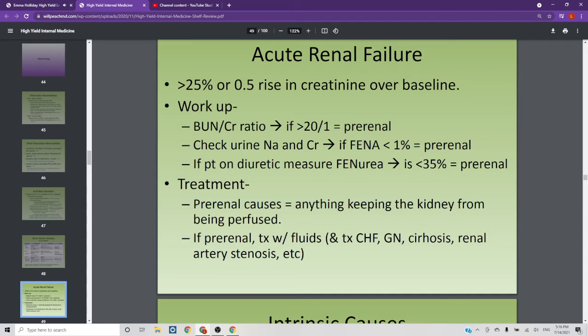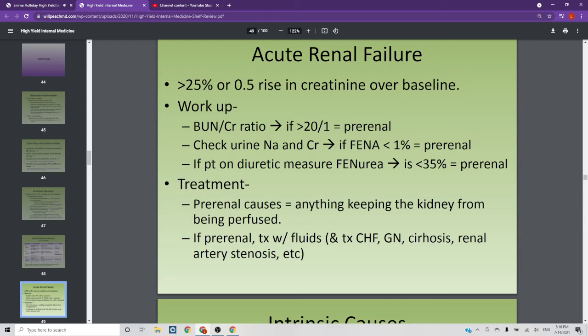ARF. Has to do with what thing on chemistry? Creatinine. Okay, does it go up or down? Okay, you're awake, so it goes up. And how much? It's kind of loosely defined. There are a couple different definitions depending on the source. In general, if there's an overall increase by 25% or a net increase of 0.5 over baseline, it's acute renal